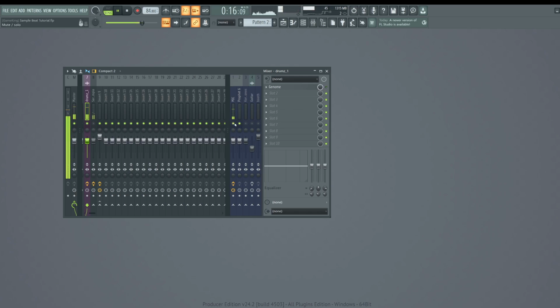So here's before. Here's after. So it really adds that dynamic and that snap to the drums.